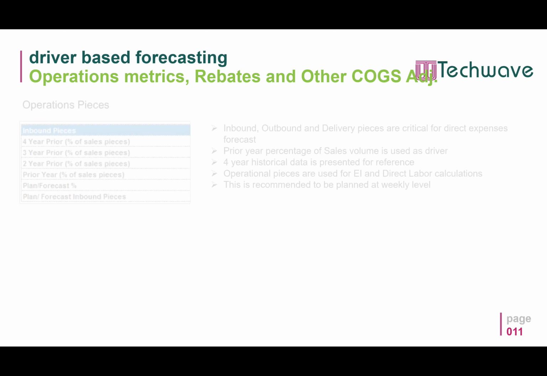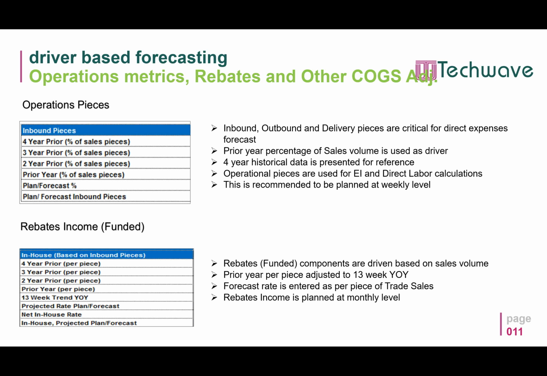Now I'm moving on to the next aspect of income statement drivers, where we have operational metrics. When we say operational metrics, it's important to understand that the volume analysis that we have done to get to a sales number also drives various other aspects of your business operations. Understanding how much you are selling in terms of the volume is going to influence how much you are buying, how much you are stocking, how you are delivering, and what your throughput is. These are some of the additional metrics that need to be derived so that you can link them to other aspects of your income statement,